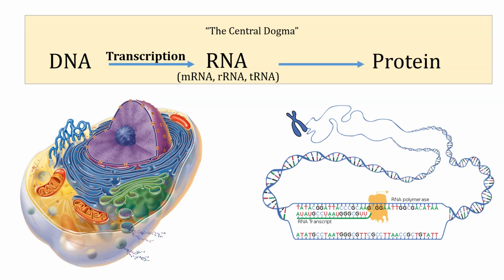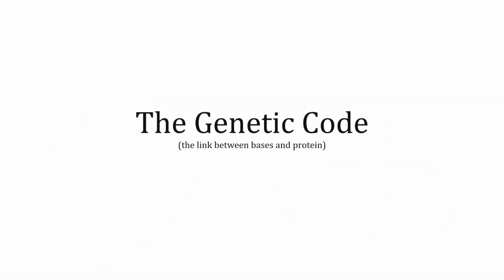Okay, then what needs to happen is the protein needs to be made, and that process is called translation. In translation, because it's translating the code that's held in RNA, specifically messenger RNA, it's translating that code into a different type of thing, which is a sequence of amino acids. And a sequence of amino acids is a protein. Okay, the sequence of bases on mRNA